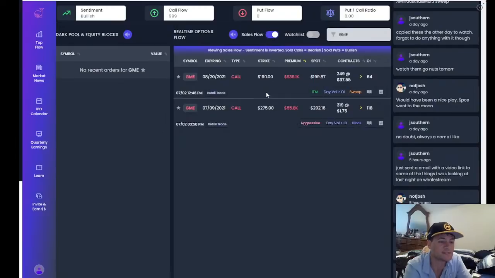If we go to the sales, this is where somebody was willing to sell at the bid. So these will be recorded as sales. Somebody was willing to sell the 190 strike at the bid, almost $1 million worth of it. So somebody really wanted that downside protection. And likewise, somebody really wanted to buy puts at the $257 strike. Or sell calls, I'm sorry. Somebody really wanted to sell calls at $275.